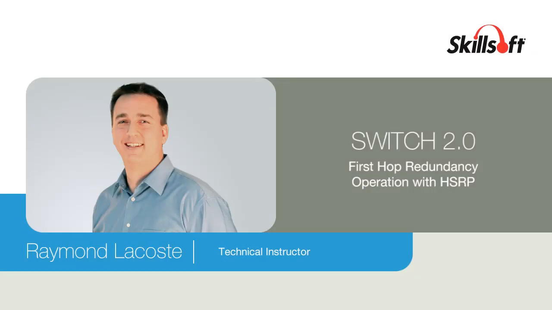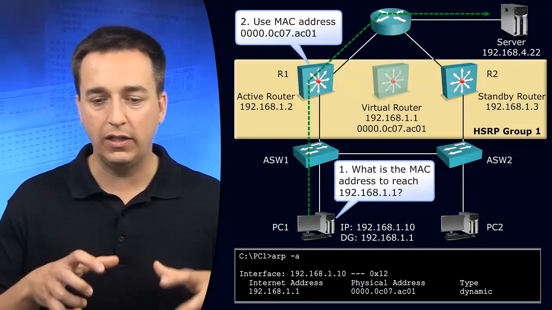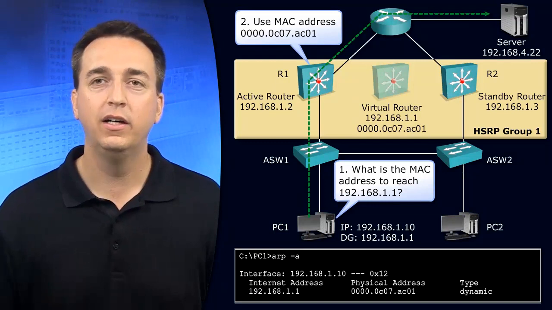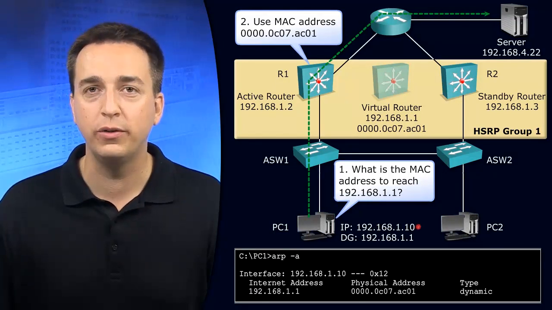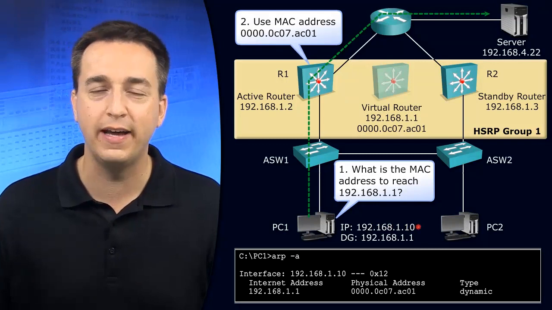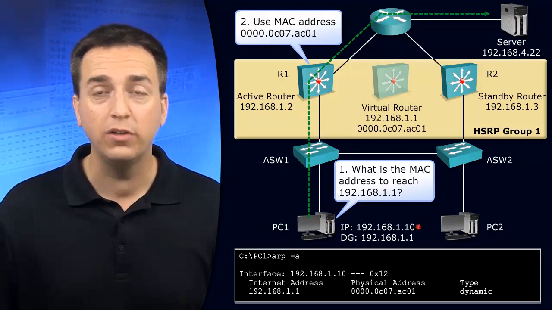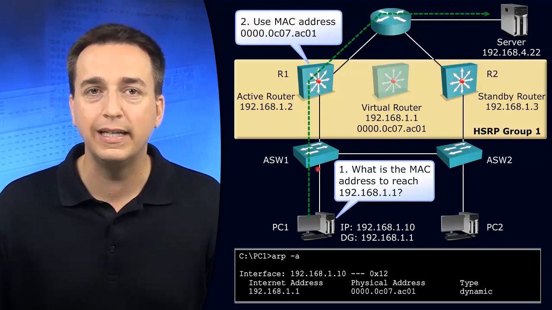Let's examine the HSRP process and see exactly how a client is integrated into this overall process. Examine PC1. It has the IP address 192.168.1.10. Our routers R1 and R2, which are multi-layer switches, have been configured with IP addresses in the same subnet